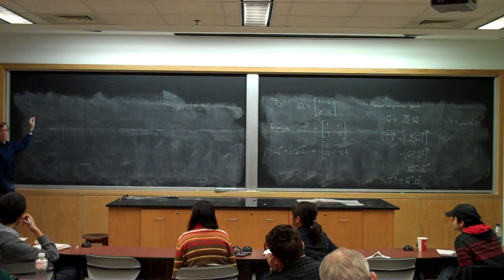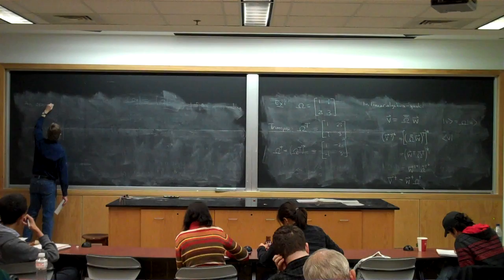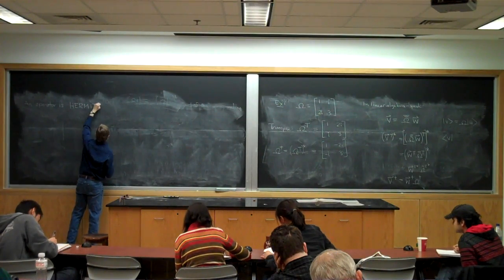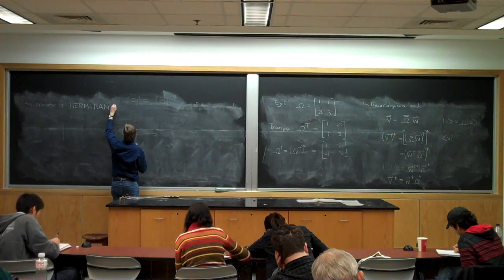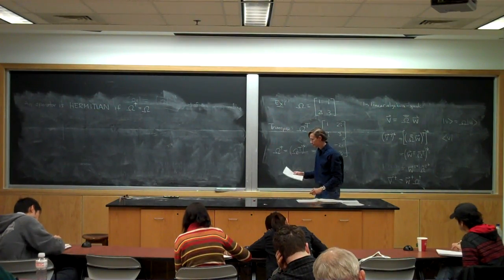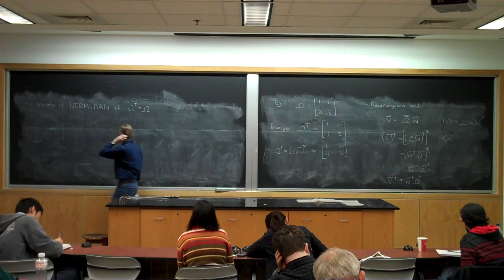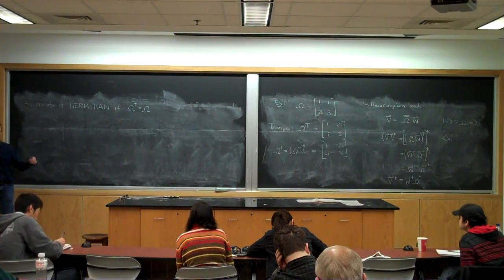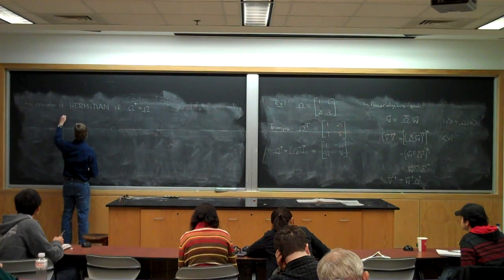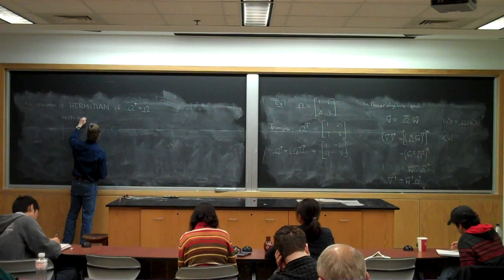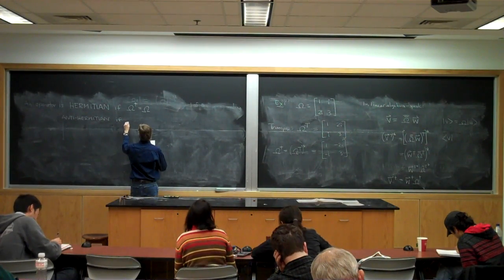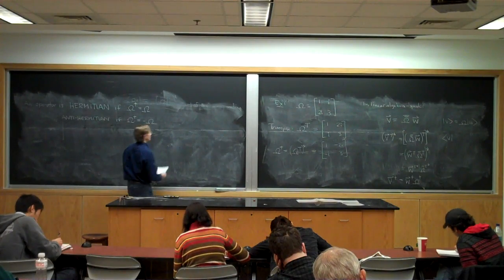So definition 1,000,004. An operator is Hermitian if it's its own adjoint. The Hermitian operator is its own adjoint. So in other words, as a matrix, it's its own transposed conjugate. It is anti-Hermitian if omega dagger is minus omega,